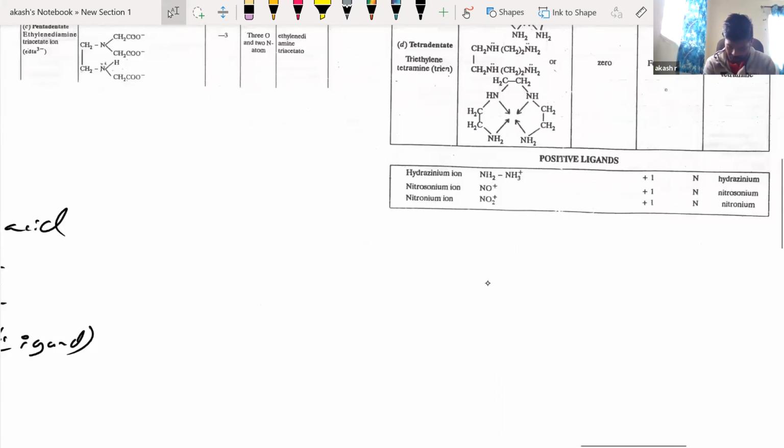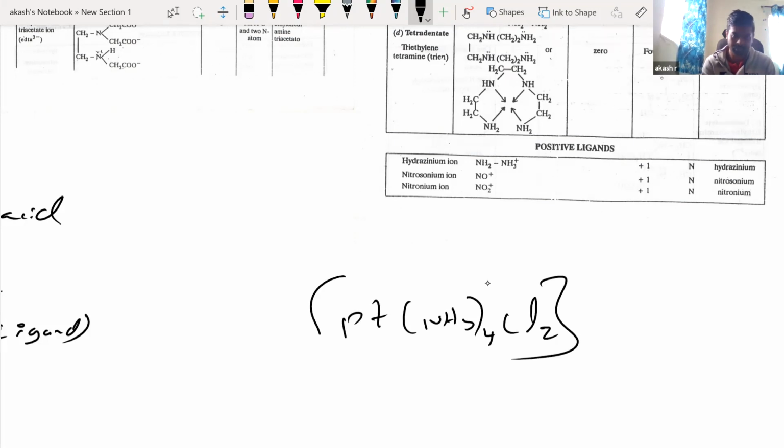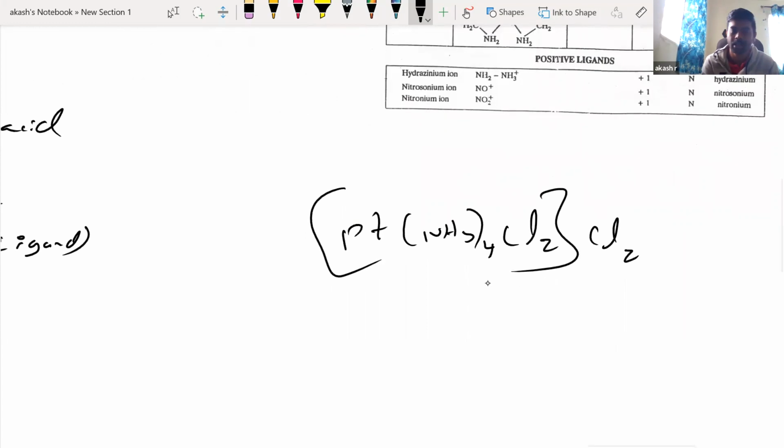Okay, say we have Pt(NH3)4 Cl2, and we have Cl2 outside. Now I want to find the oxidation number of platinum. Pt is platinum, is it not? Right. So now what you understand is we have to remember what are all the neutral ligands,